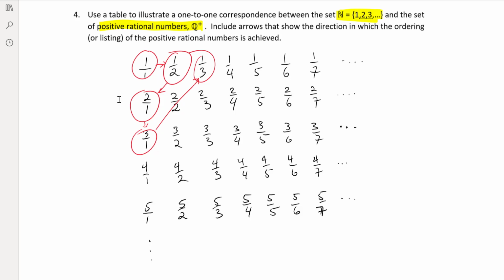So I've got to skip over anything that I've already included. Any numbers that are the same as the values that have already been captured, we don't include them again. So that's the way you do it. Start here,